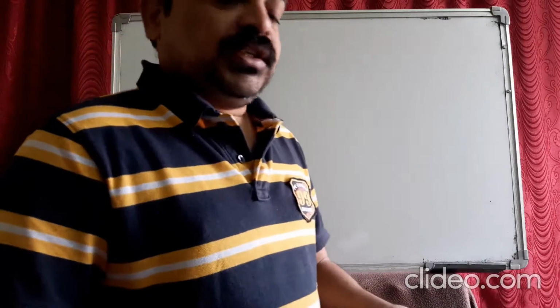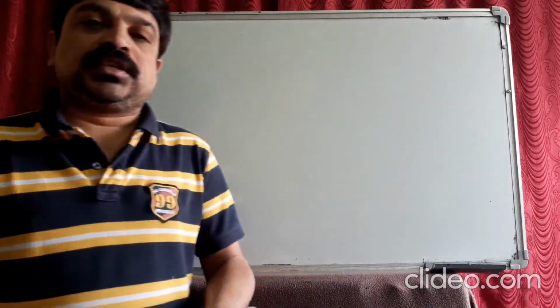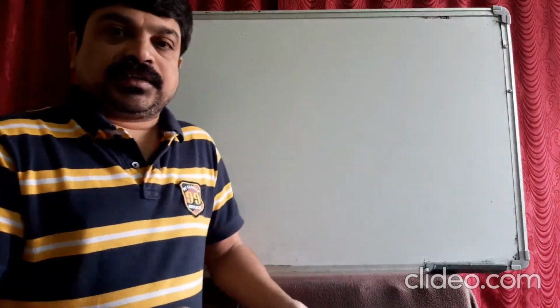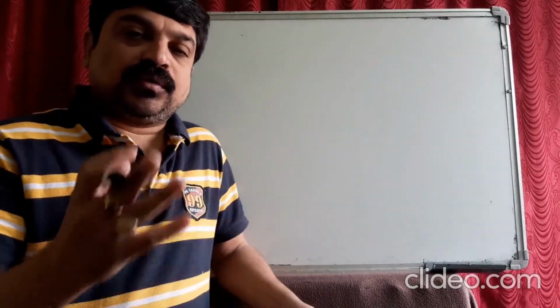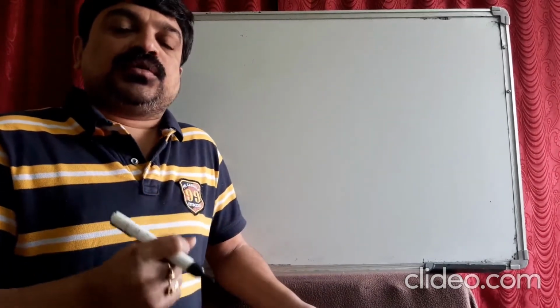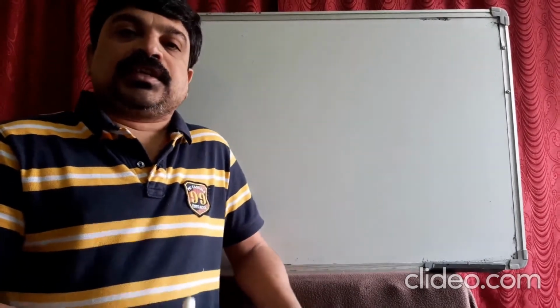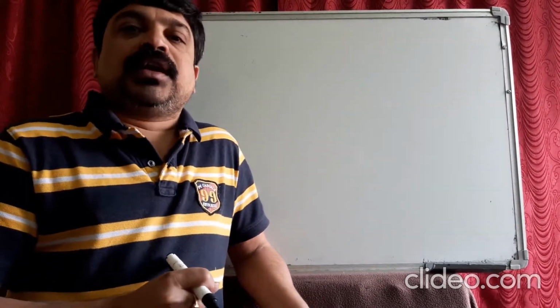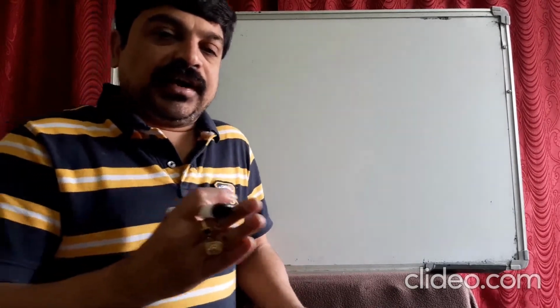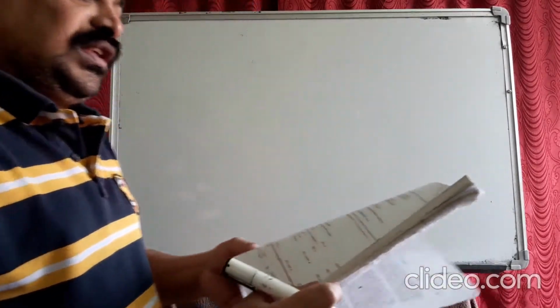Hi students, in this video I am going to explain exercise 8.4 of trigonometry, which is completely based on trigonometric identities. We have three identities that you might have read: sine square theta plus cos square theta is equal to 1, cosecant square theta minus cot square theta is equal to 1, and secant square theta minus tan square theta is equal to 1. With those identities, we will do this exercise.